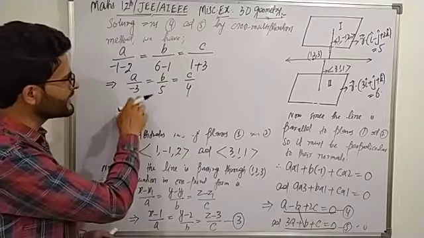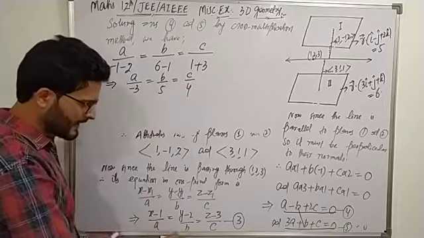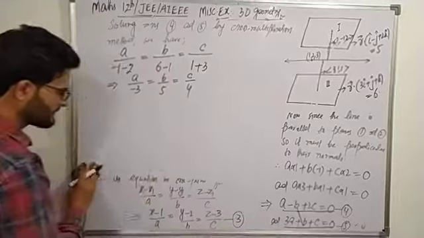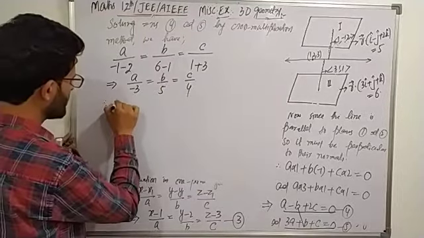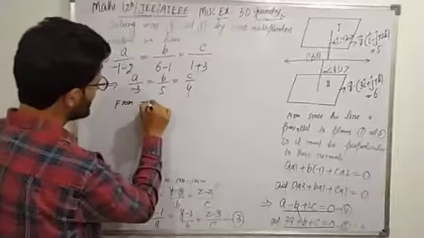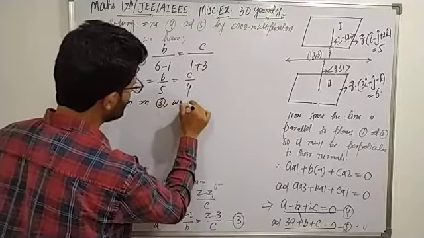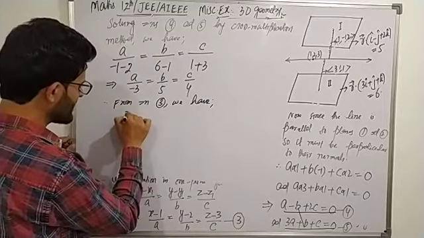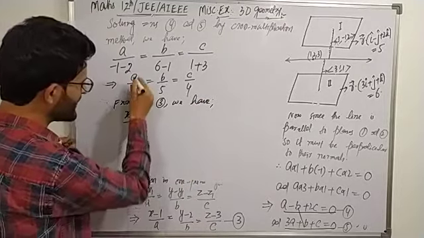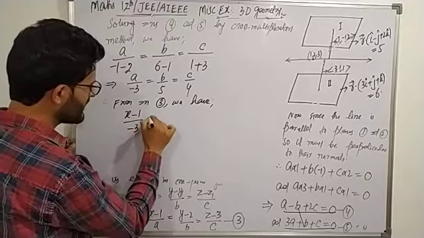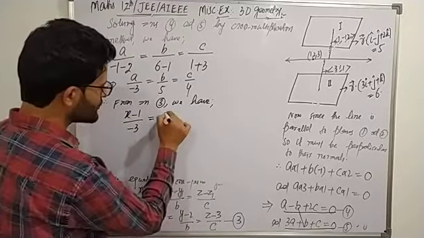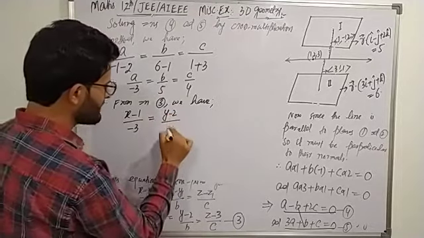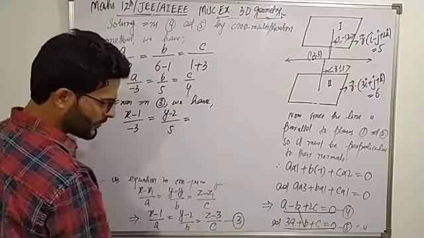So substituting the value of a, b and c in equation third, therefore from equation third we have, x minus x1, that is x minus 1 divided by, instead of a we should have -3, and that's equal to y minus 2 divided by 5, b that is 5, and that must be equal to z minus